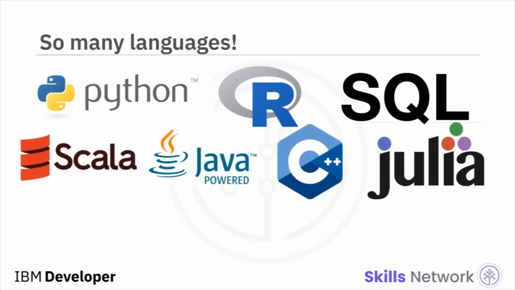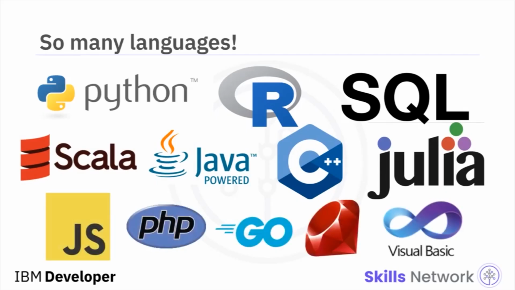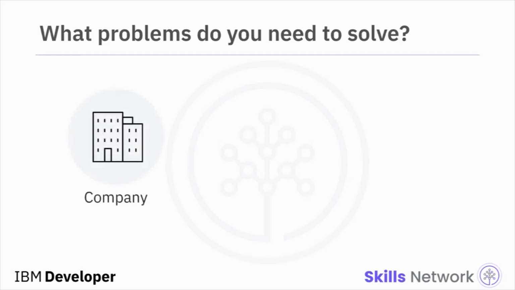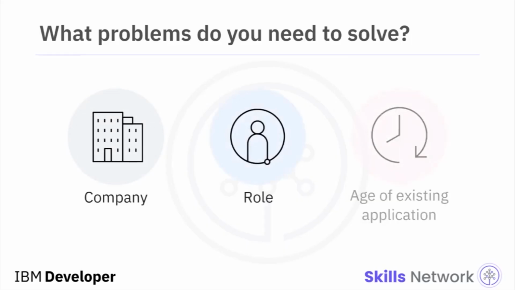However, other languages such as Scala, Java, C++, and Julia with specific features are also popular. And JavaScript, PHP, Go, Ruby, and Visual Basic all have their own unique cases as well. Now, the language you choose to learn will depend on the things you need to accomplish and the problems you need to solve. The problems can be related to the company you work for, what role you have, and the age of your existing application. So, what problems do you need to solve? We'll have a better insight into the answers to this question as we learn more about the popular languages in